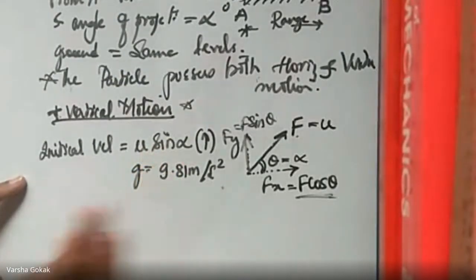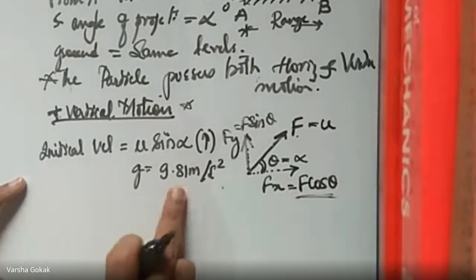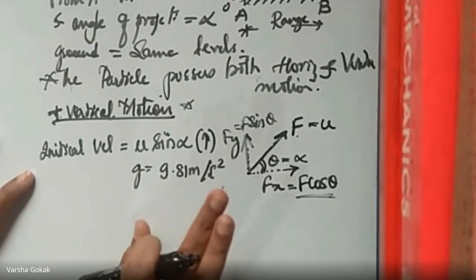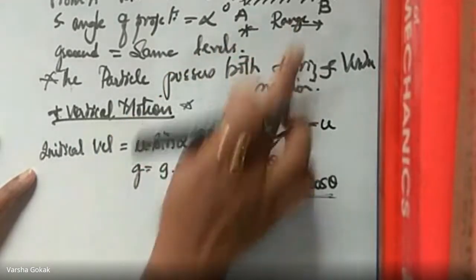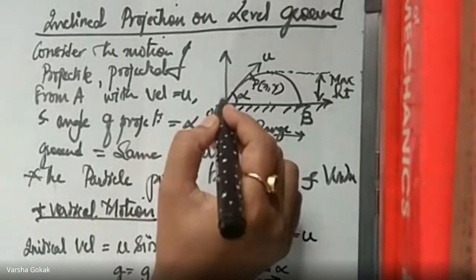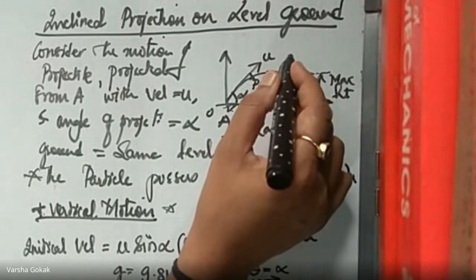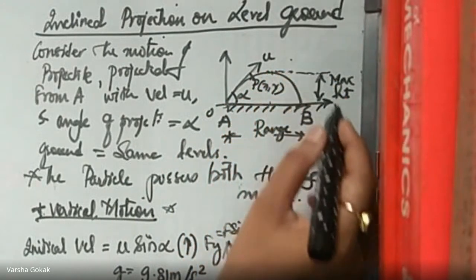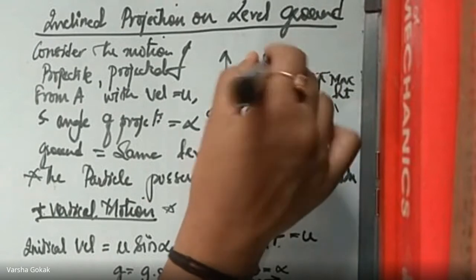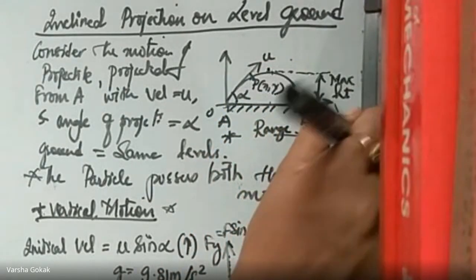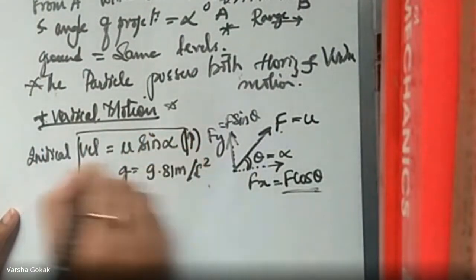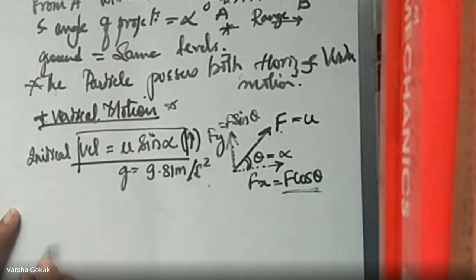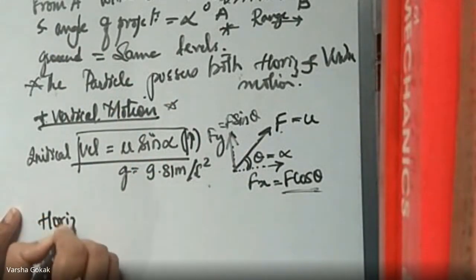If you don't write the negative sign, that is also fine. We will be using g, that is, the particle is moving with the acceleration due to gravity. Initially the particle moves upwards. In the diagram, the particle is going to move upwards with a velocity of u sin alpha and retardation of 9.81. Then it becomes 0 at point C, and then the particle starts moving downward because of gravity. This is the basic funda. So I require this equation, u sin alpha, which comes in our vertical motion. Only this much is there.